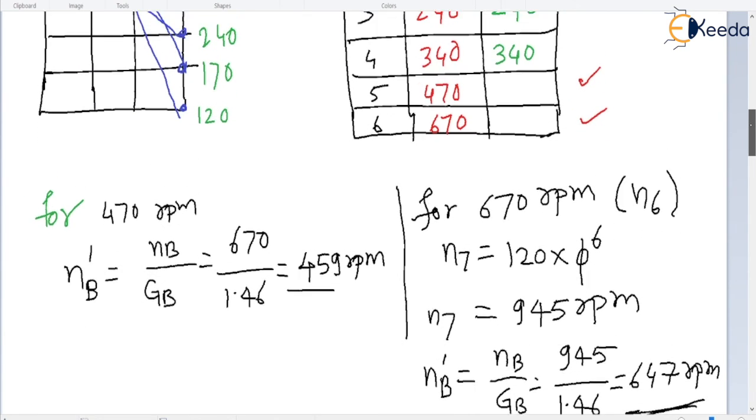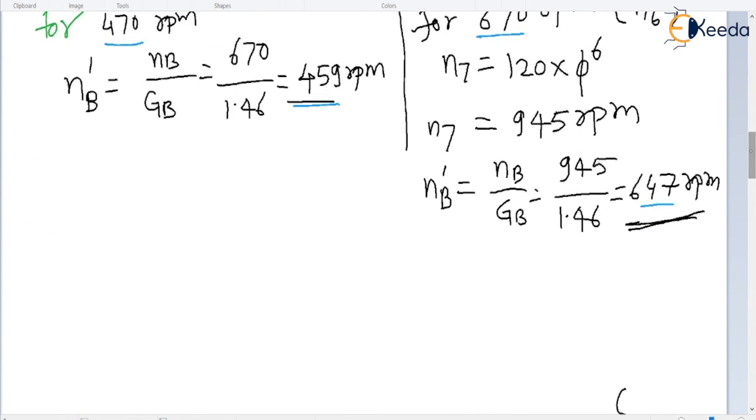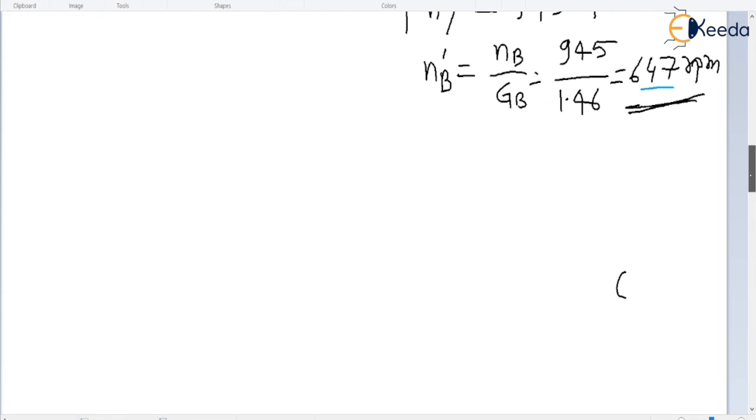Now finally we got two answers. For 470 rpm we got 459. If we check it, we are getting a deviation, that is lesser speed. And for 670 rpm we got 647. So these are the two deviations we got. Now after getting the deviations, we will write down the values directly, and then we will draw them